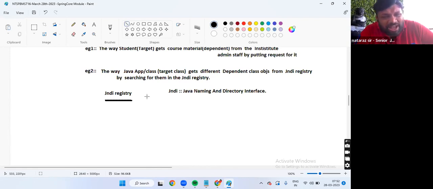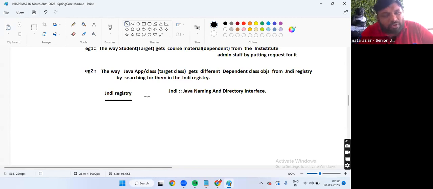People should be in a position to access Paytm object references from remote locations, like from Flipkart, like from Amazon.com, mobile applications, kiosk devices, from different places. So first of all, I should provide global visibility for this Paytm service related object. So better to place Paytm kind of objects in the JNDI registry.